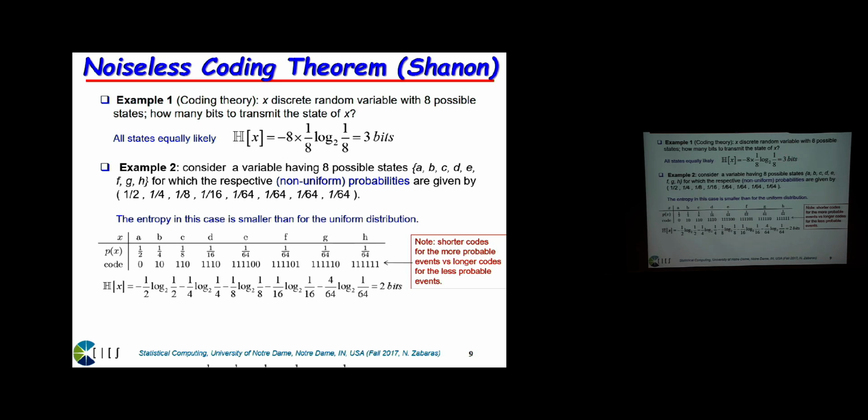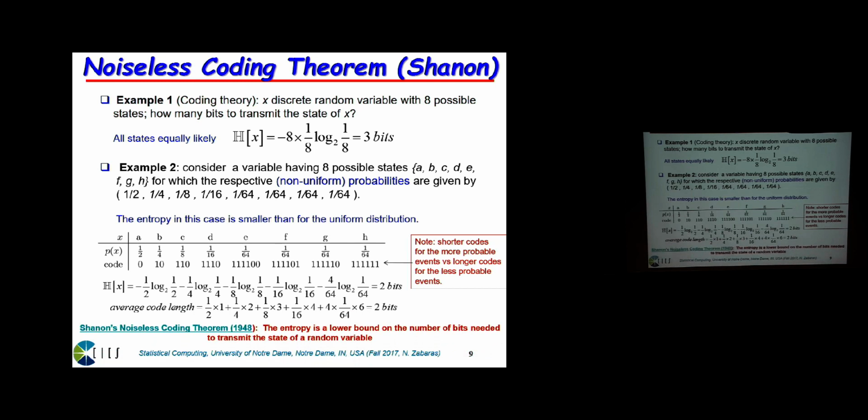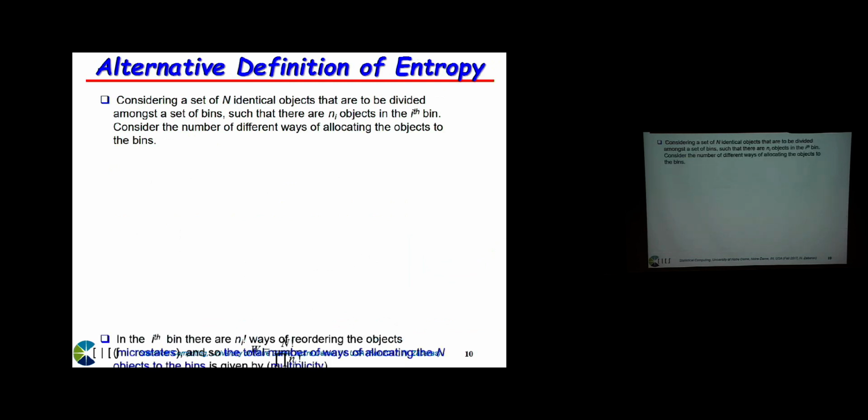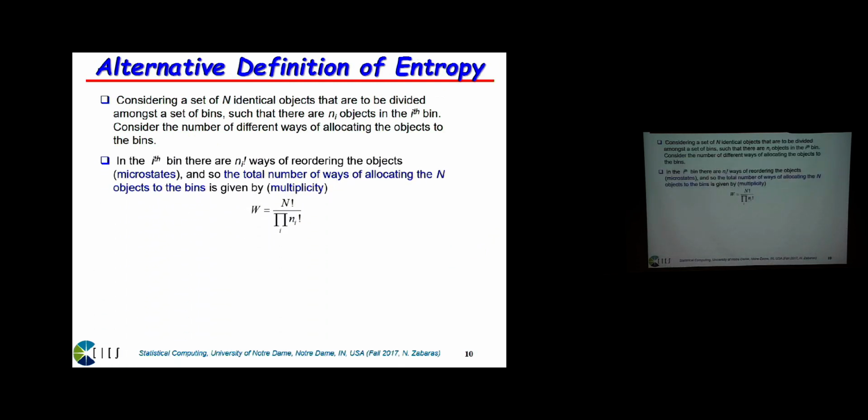Okay? And there is a theorem that you learned in lecture 2 or 3 when you take information theory. It says that the entropy is a lower bound on the number of bits needed to transmit the state of a random variable. Okay? This is the main paper of Shannon on information theory. Now, physicists have a different definition of entropy, that comes out to be equivalent. And because I think we have 3 or 4 physics students in the audience, let me just say in passing what that is, and this is very much related to entropy as well.